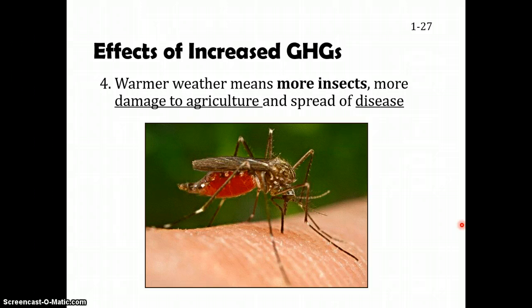You're also going to see, such as with our mosquitoes and ticks, that since we have more of them, they're going to spread disease a lot easier. There's tons more mosquitoes that we'll get bit with that are going to transfer diseases between humans and between other species. So as you can see, greenhouse gases are going to increase the temperature on Earth, which is going to have a whole slew of other effects.